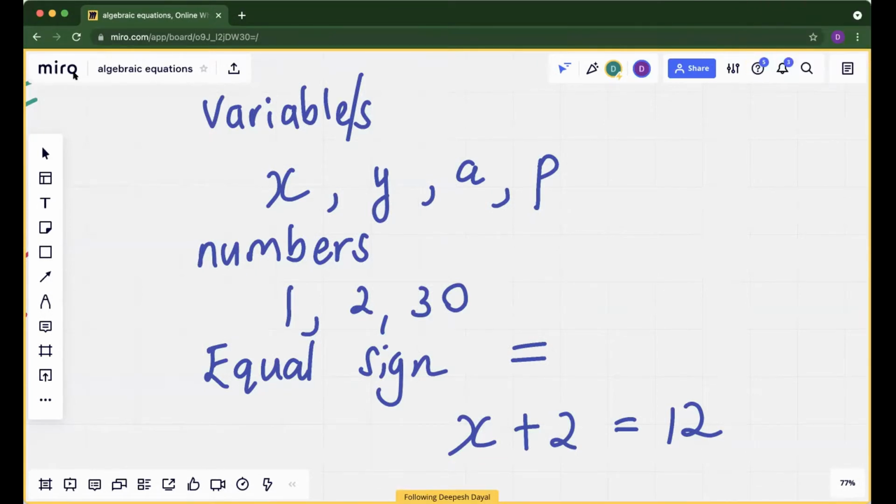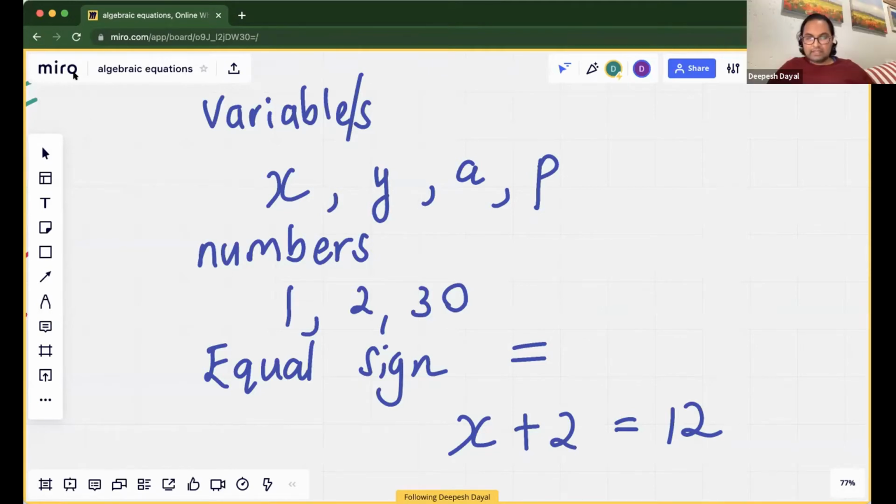Yes, sir. I see here, Jabulo is asking, does it matter which letter we use? Well, it depends on the question. If they don't tell you which letter to use, then obviously you can say let the certain number be P or Q or whatever, and then your whole question will be based on that certain number, right? That you've decided. But if the question says the certain number has to be X, then obviously you're not going to convert that to Y, right? So this one here is bringing all of them together, we form an equation.